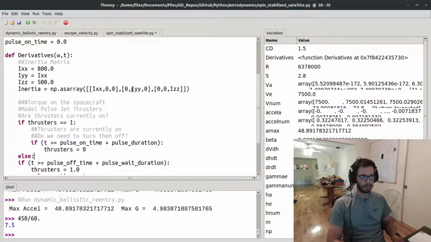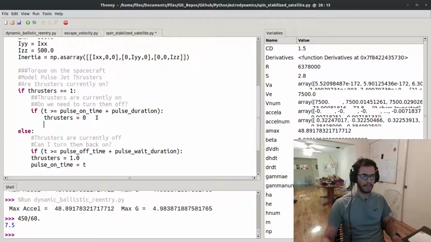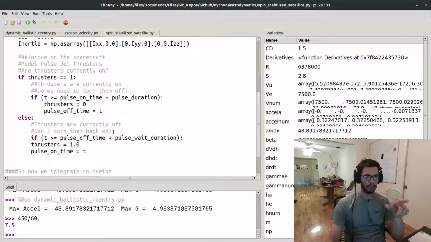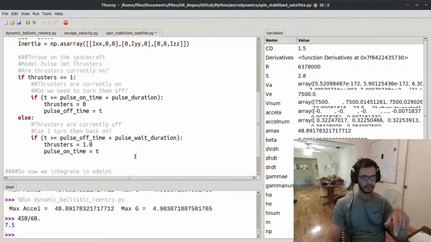Then the next time I come through the loop here, thrusters are currently off. The question is, can I turn them back on, right? So, and that's where I do this. So if t is greater than the pulse off time, okay, so here I turn them off, and then I need to tell the computer when I turn them off, which is the pulse off time, okay, equals t. And then, can I turn them back on? I say, if t is greater than when I turn them off plus the pulse wait duration, then the pulse on time is t,